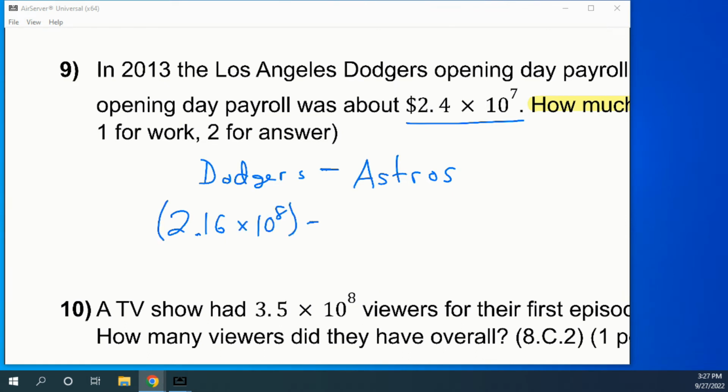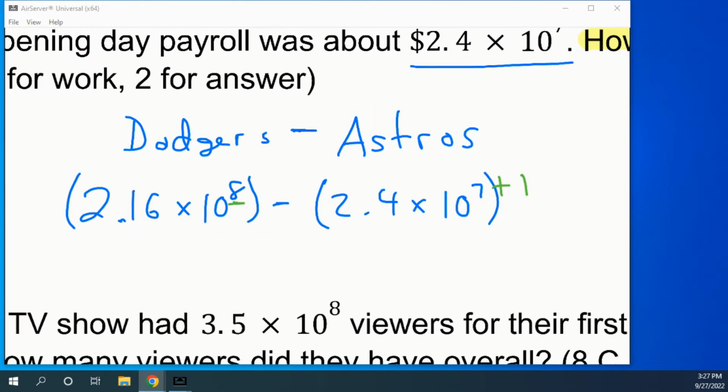Minus the Astros, which was 2.4 times 10 to the 7th. What I'm going to do is increase the 7 by 1, because we have to have the same exponents if we are adding or subtracting. By me adding that 1, I have to decrease my decimal on that 2.4. So this will be